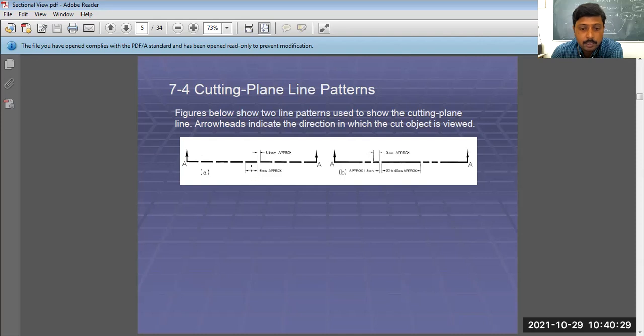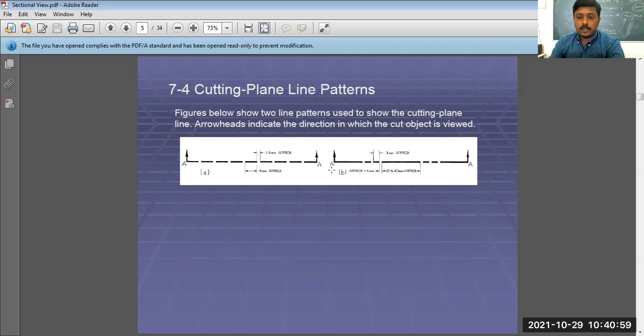Okay, these dashes are approximately 6 mm in length, and the distance between two lines, that is to be kept as a space, is up to 1.5 mm approximately. So you have to use approximately 5 to 6 mm length for the line, and then keep some distance of 1 to 1.5 mm approximately, then again draw the second line.